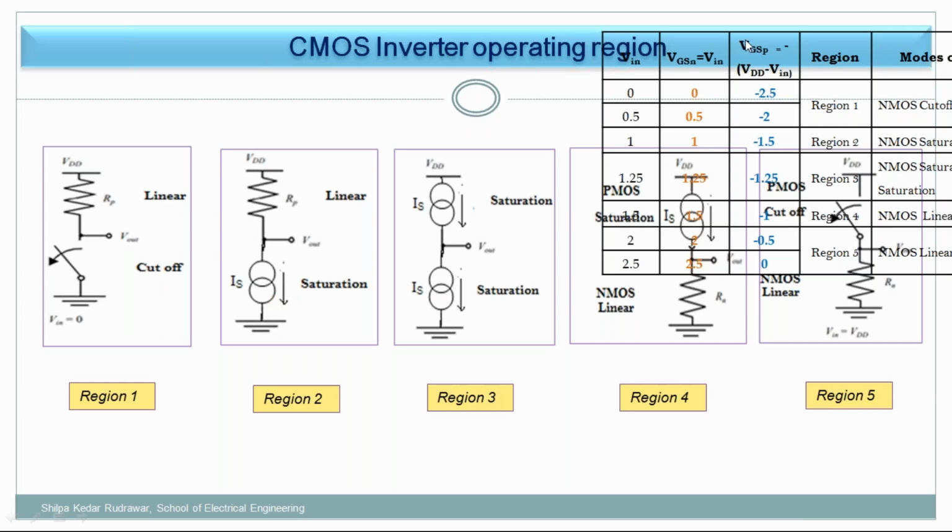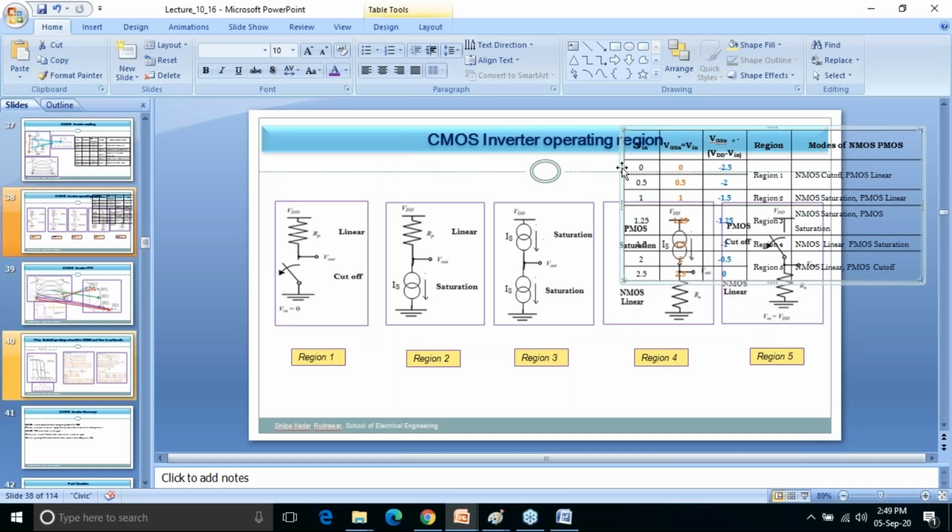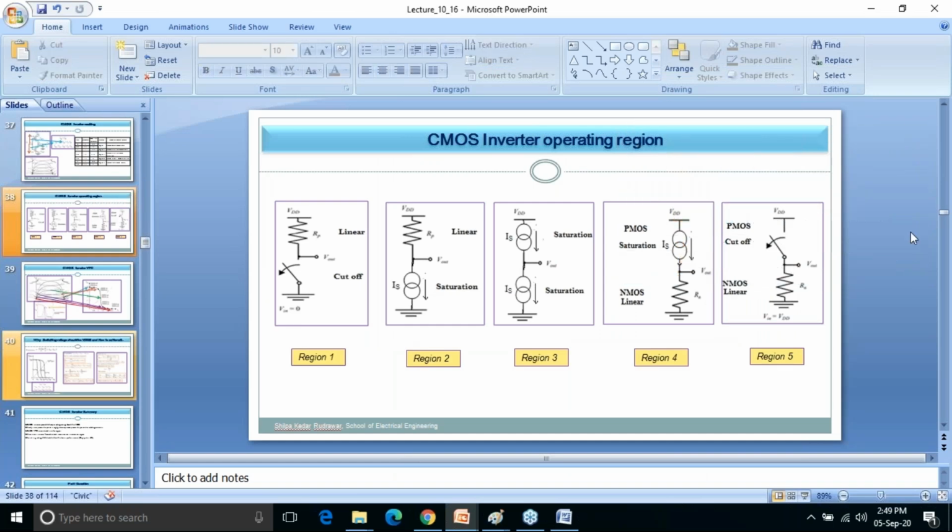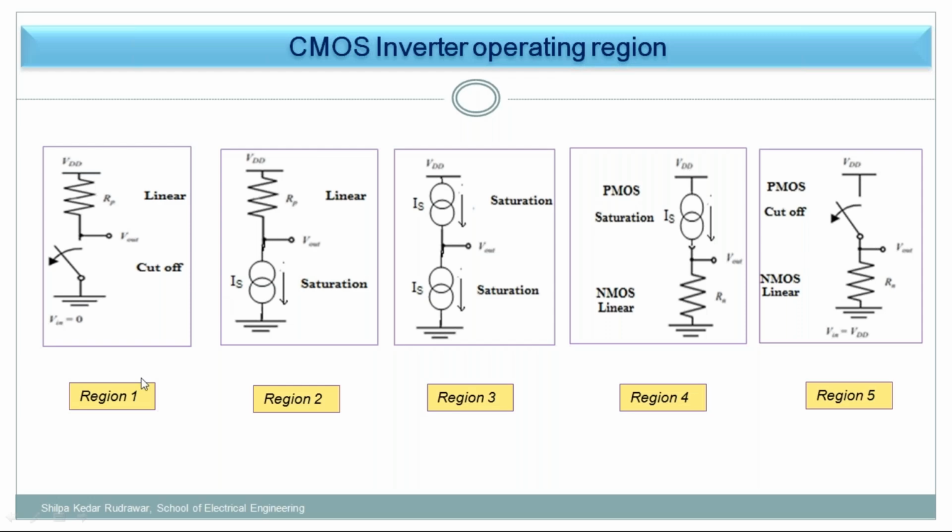Now over here I have shown all this region, and these models are drawn. So I'm just switching this particular mode so that I can remove that overlapping. Okay, so I'm deleting this particular part. It is coming over here. So hope the things are clear. So this is the model for